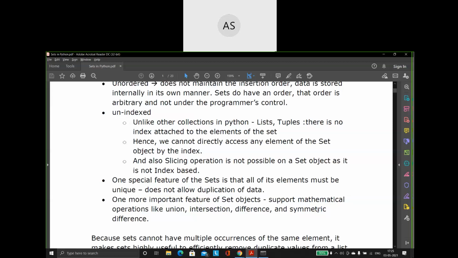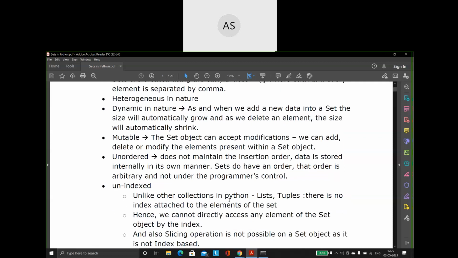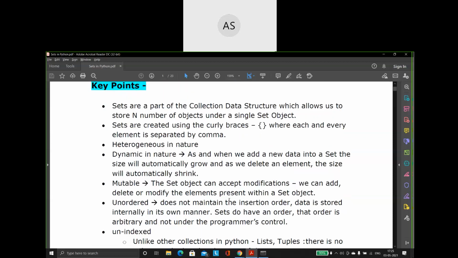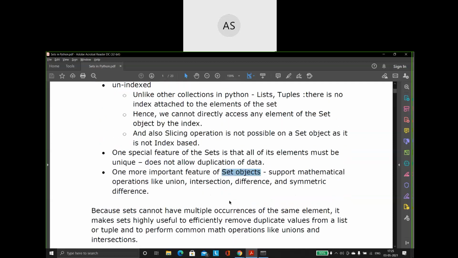So I can perform certain mathematical operations on my set objects. This feature is available only for sets and not for the other data structures. These are some of the important takeaways to remember with regards to sets.